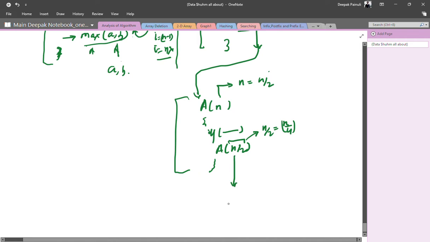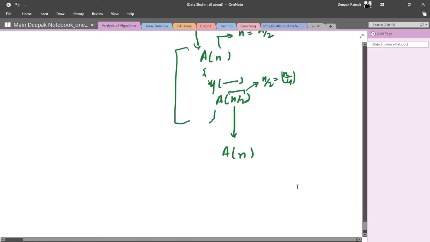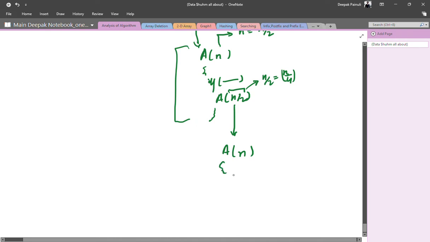So here when we write a n and the same code, and an n by 2 again, it means n will be n by 4, and n by 2 will be n by 8, right?